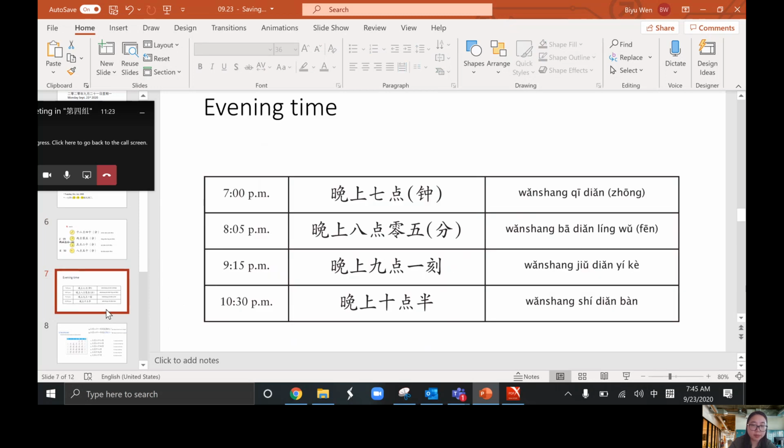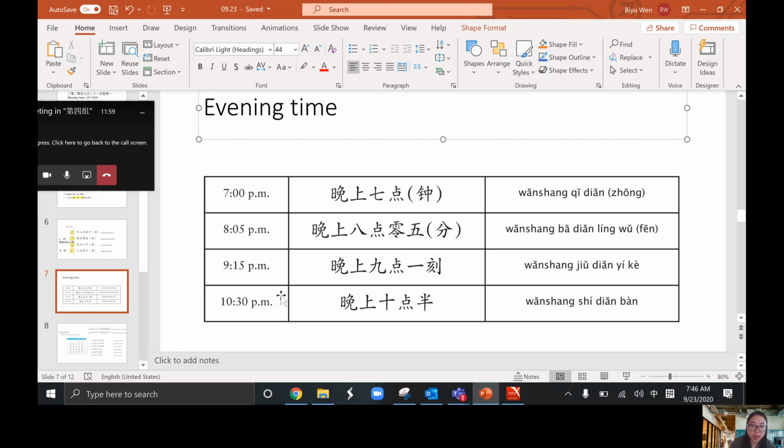And now let's come to the next one. Evening is 晚上. Anytime after, as we mentioned yesterday, 6 p.m., we say it's evening time. So 晚上7点钟, evening 7 p.m., right? 晚上8:05. See, there's a 0 between the clock and minute. You should definitely say it. You should say